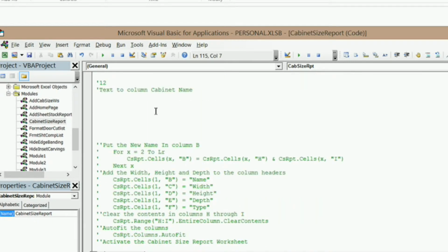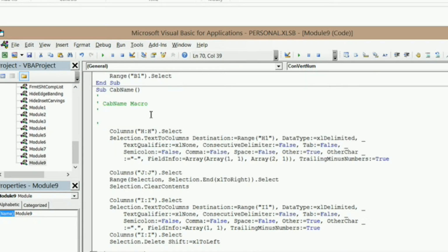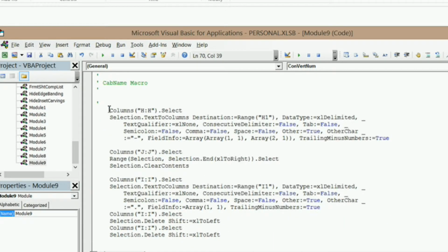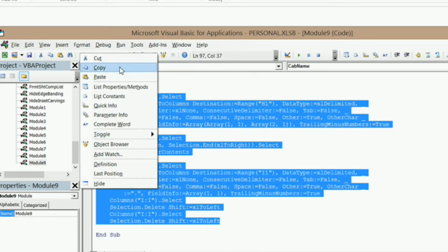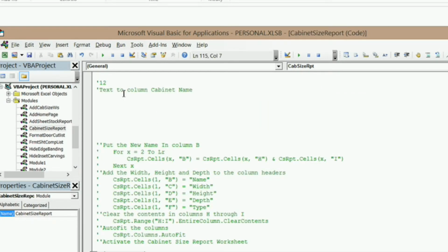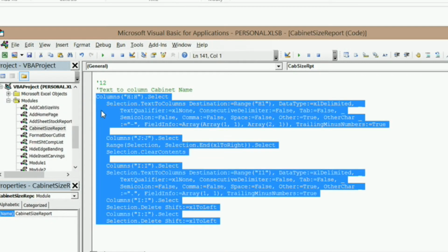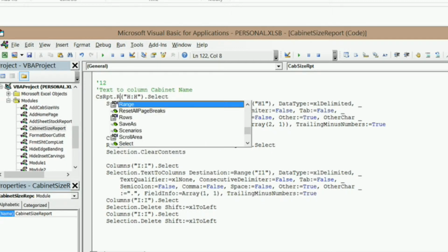So text to columns cabinet name. I'm going to come in here and grab that. So module 9, text to columns cabinet name macro there. Select you and right click and copy. Come into cabinet size report and put that in there and paste. So we got all that, and we need to do exactly the same thing. Just change this to CS RPT dot range